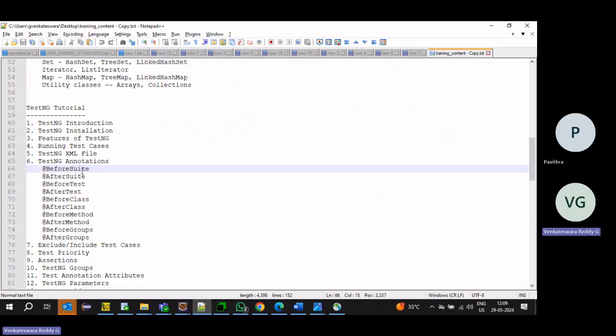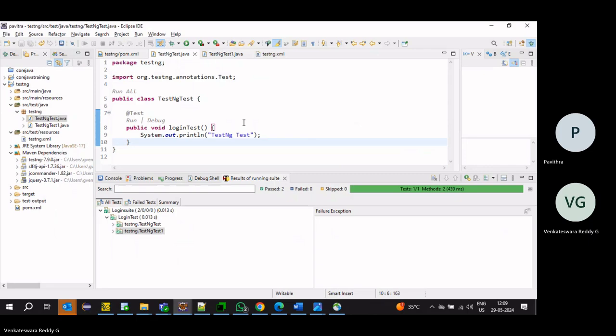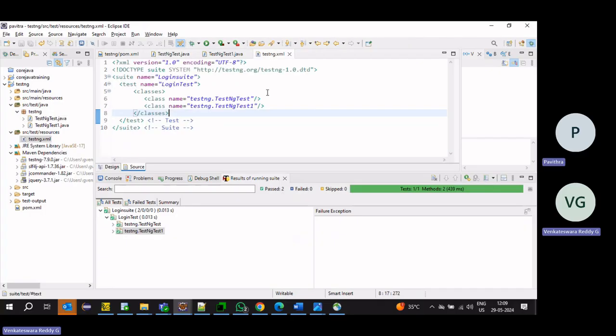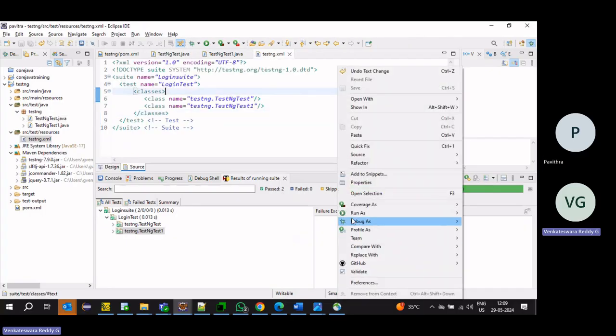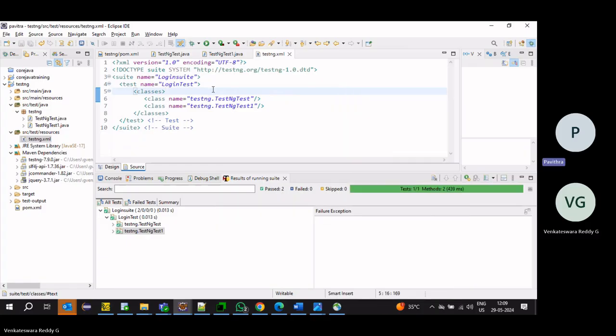Then we'll start with the BeforeSuite. BeforeSuite will execute before starting the first test case of the entire suite. Before starting the execution, BeforeSuite will execute.